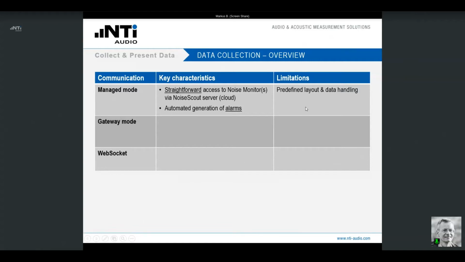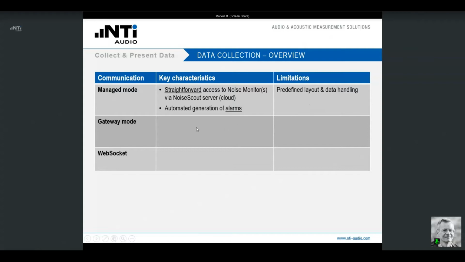A limitation of the managed mode is that the layout and also the data handling is predefined. In most cases, it covers the demands of the customer, but sometimes a customer wants to implement his own solution.